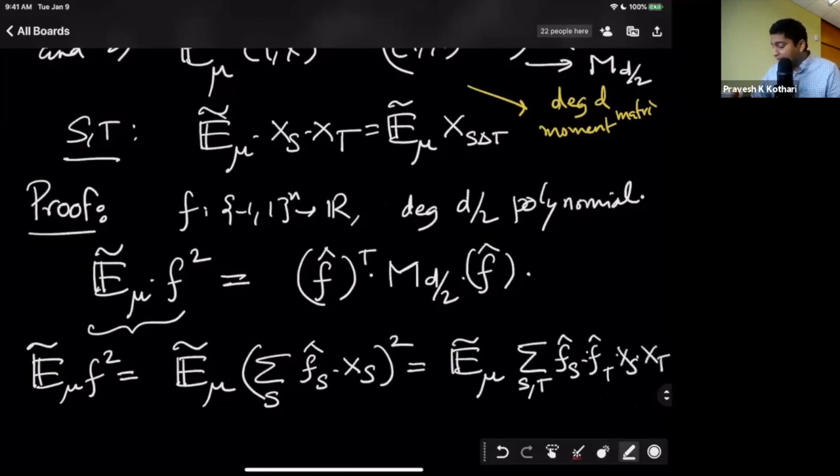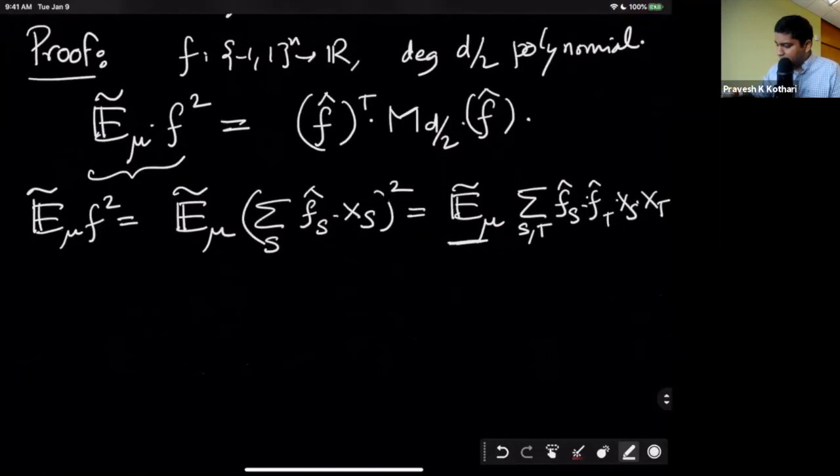And now remember, f hat s and f hat t are constants, right? By linearity, I can push this pseudo expectation operator all the way inside to apply to the monomial. So let me just push this a little bit up, and I get sum over s t f hat s f hat t